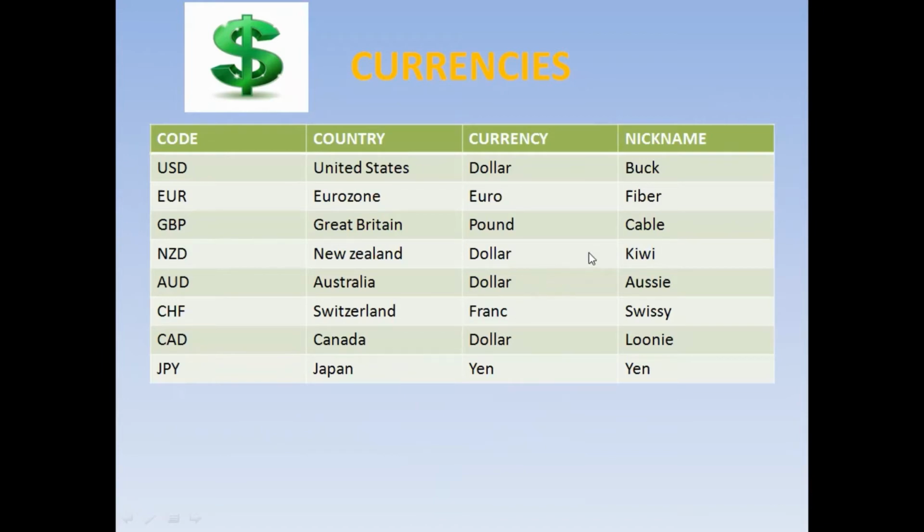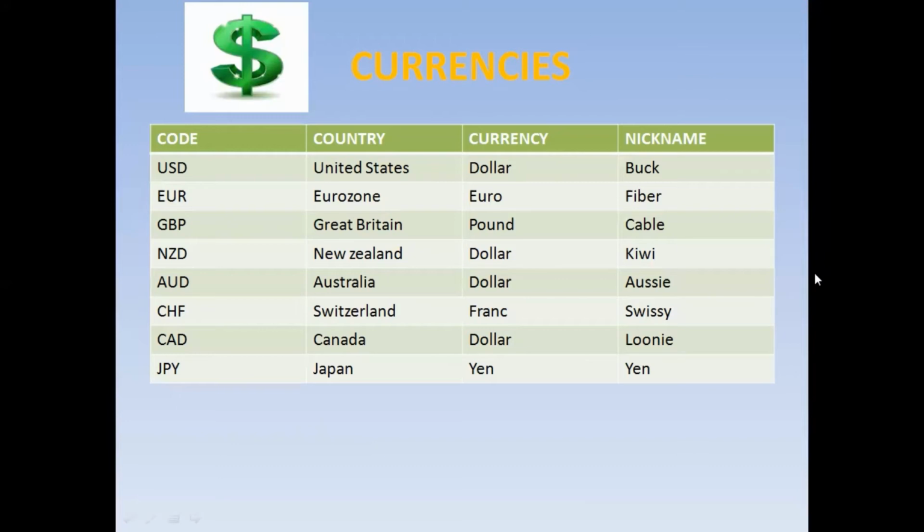Before I go to number 2, each currency has its own nickname, just so that when you hear it outside, from a fellow trader, you will know what the trader is talking about. Now, we can see the US dollar. The nickname for the US dollar is bulk. The nickname for euro is fiber. The nickname for pound is cable. That one is so common. People talk about cable everywhere. For the NZD, they call it the Kiwi. For AUD, they call it Aussie. And then for CHF, we have Swissie. For CAD, they call it Loonie. I don't know why they call it that, but for yen, yen still remains yen. That's from Japan. They call it the Japanese yen. So, guys,